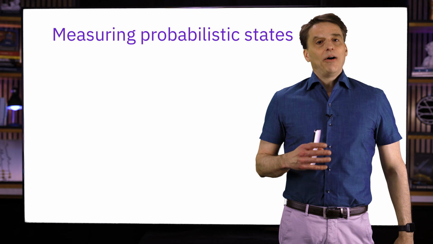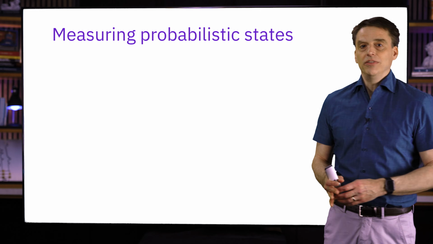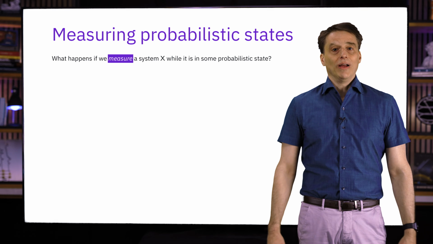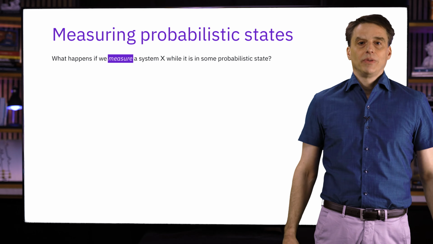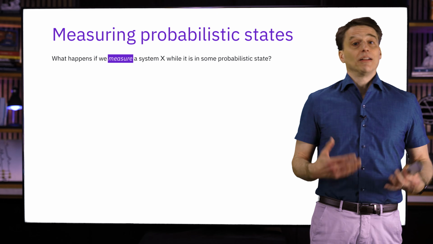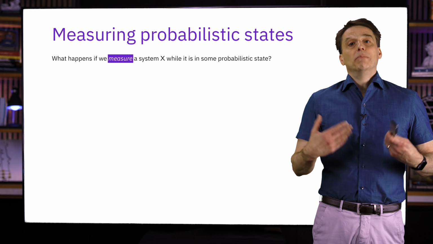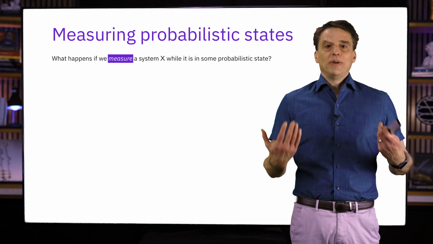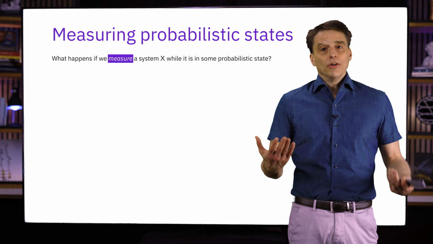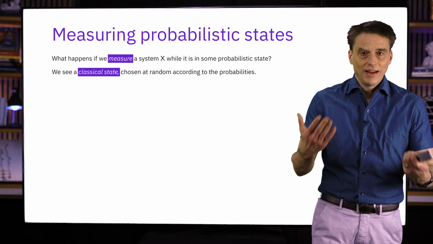And with that notation now in our hands, let's return to the discussion of classical information and probabilistic states in particular. Let's consider what happens when we measure a system while it's in some probabilistic state. We might not ordinarily refer to a measurement in the classical setting, but the term makes sense. In essence, when we talk about measuring the system X in this context, we just mean that we look at it and we recognize whatever state it's in. Of course, when we look at the system, we don't see a probabilistic state. We see a classical state.